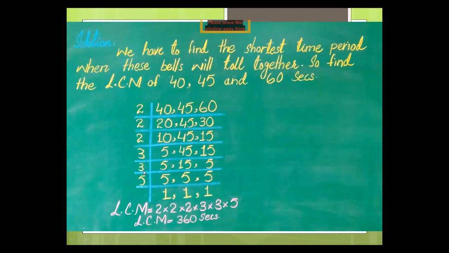Then you see that only 15 is divisible by 3 and 5 also, but 3 divides 15. Then we take 3 as a divisor and divide 15. Then you see that here we have all three numbers the same, and all of these three 5s are divisible by 5. Then we take 5 as a divisor and divide all three. 5 divided by 5 is 1, 5 divided by 5 is 1, 5 divided by 5 is 1. This method is more convenient to solve all questions,